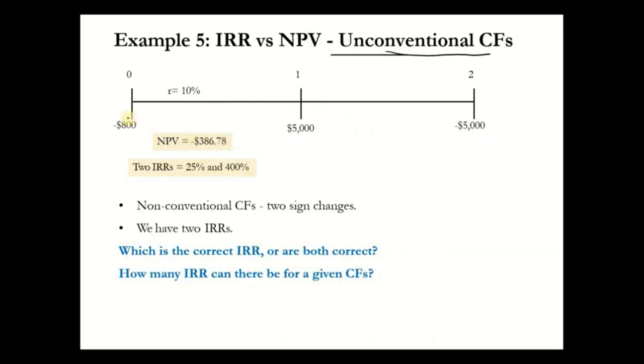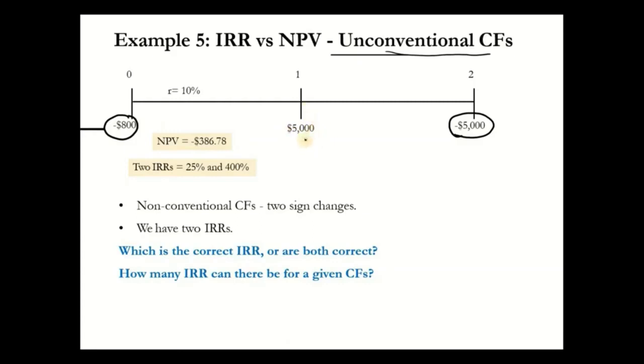So unconventional means how? Negative is okay, but if it has a positive at the end, then it is conventional, but it is negative here, right? So the cash flow pattern is unconventional, or non-conventional. So here IRR means the rate which brings your NPV equal to